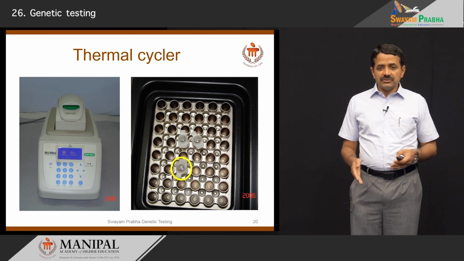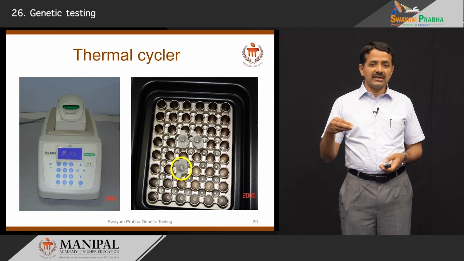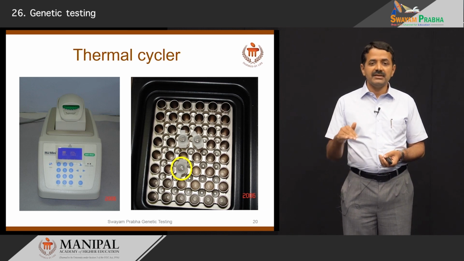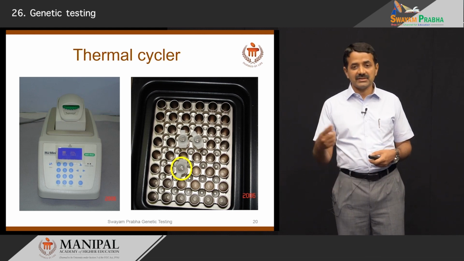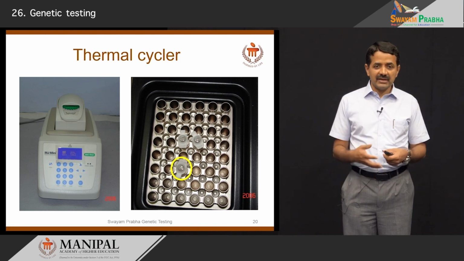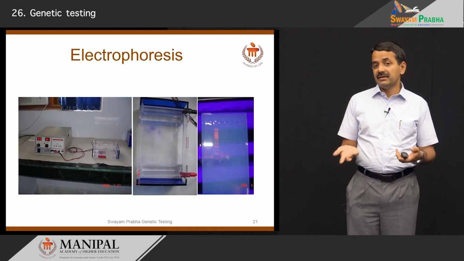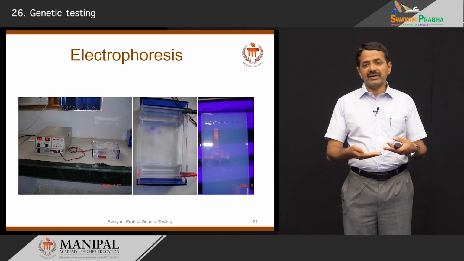Most common tests use PCR. I am showing one PCR machine and how we keep the DNA in a tube in one of the wells and then heat at different temperatures. It is cycled across different temperature gradients, and at the end of the PCR reaction we get multiple copies which are sufficient for analysis by something like electrophoresis, where the DNA fragment migrates